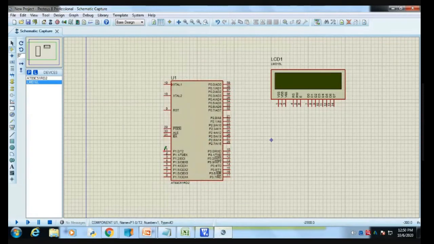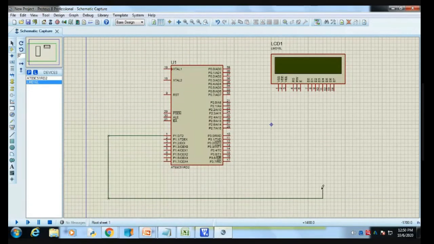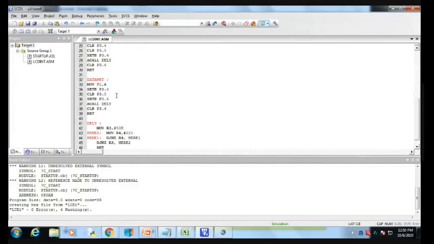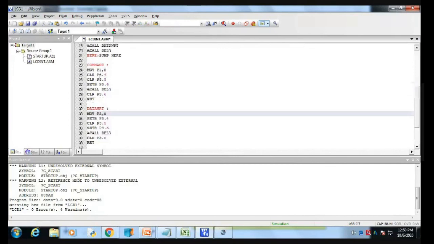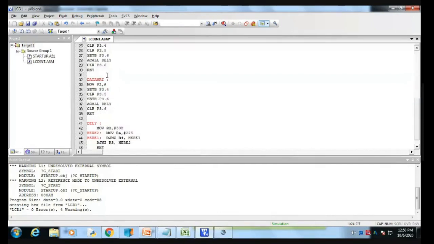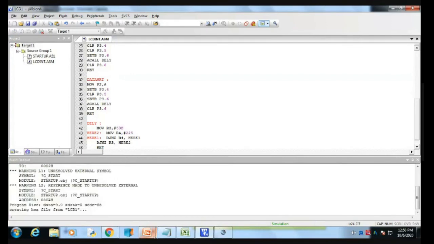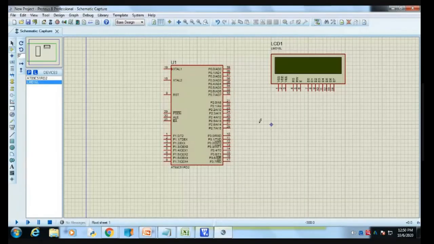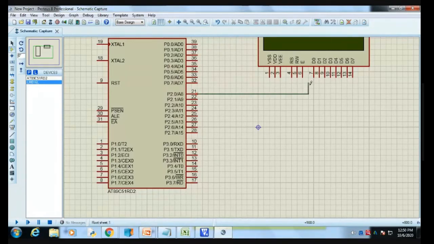First of all I'm going to make the connections D0 to D7. We will work on it. Instead of port 1, let us take port 2. Okay, I will change it in the program too. Instead of port 1, I am taking port 2. Will that work? It will be easier for me for interfacing. Okay, fine. So I'm going to define port 2 for the interfacing of each and every data line. So I'm going to connect each and every data line.